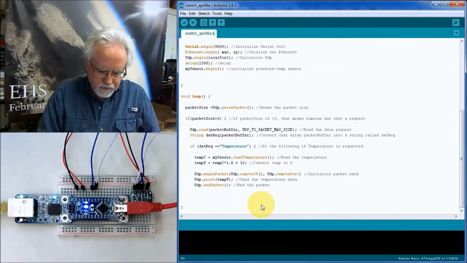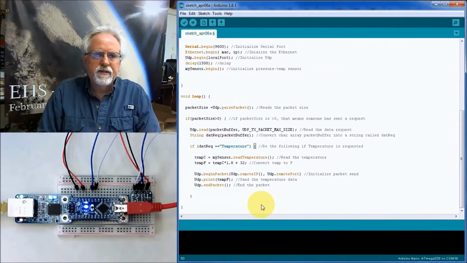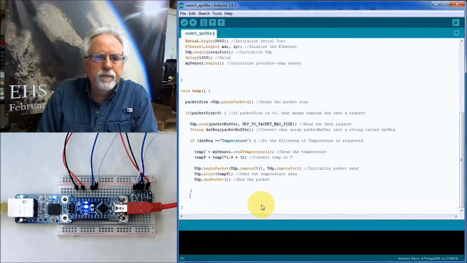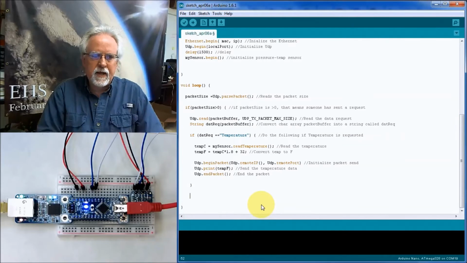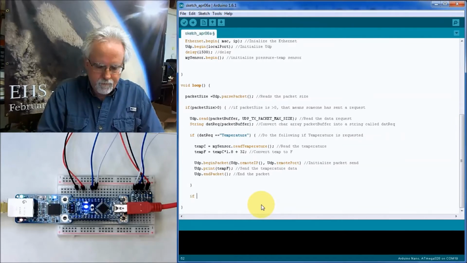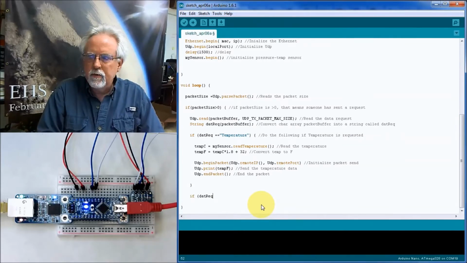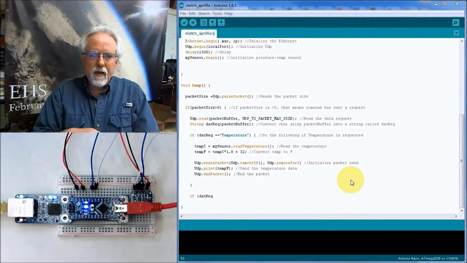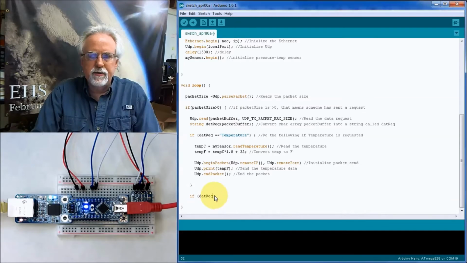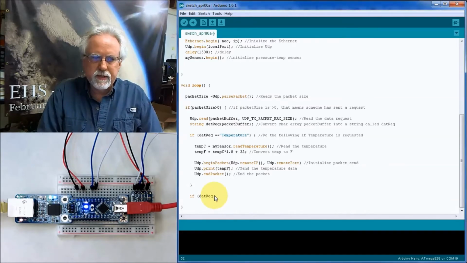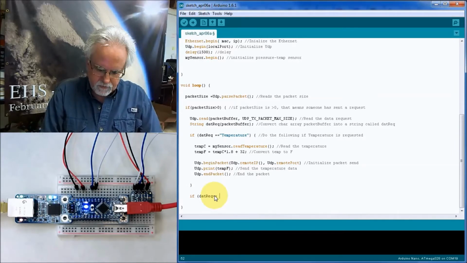Okay? Now we need to end our if statement. That's everything that we are going to do if it asks for temperature. What's the other thing it could ask for? It could ask for pressure. So, the next thing that we're going to look at is pressure. In this case, if data request is equal to, always use your two equal signs, pressure,